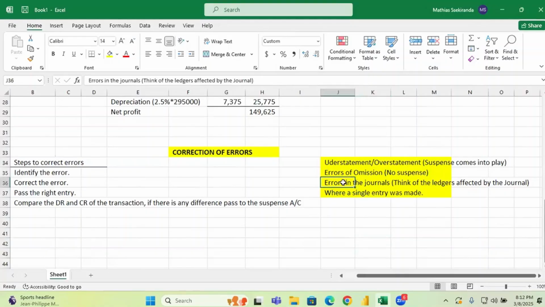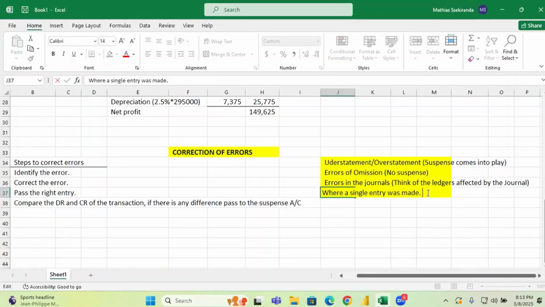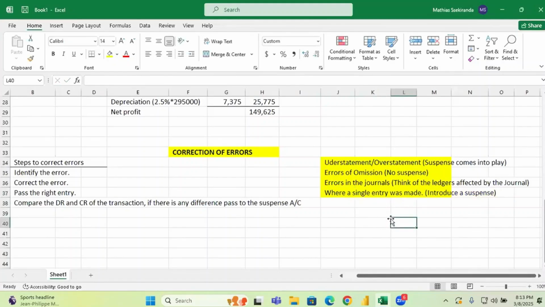So I don't expect a suspense on these errors that have been committed in the journals. Then where a single entry is made, here you introduce a suspense. Of course, you need to first pass the other entry that was not made, and then the corresponding entry goes to the suspense. For example, they can tell you,